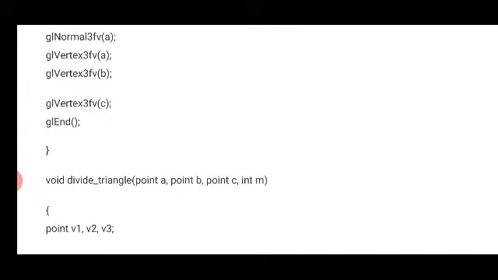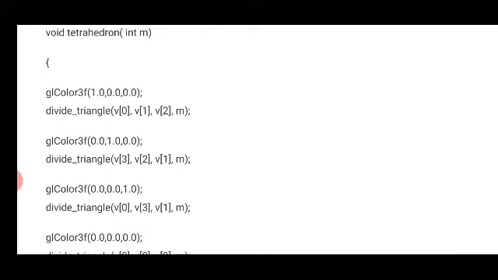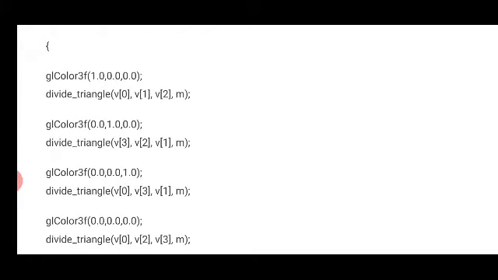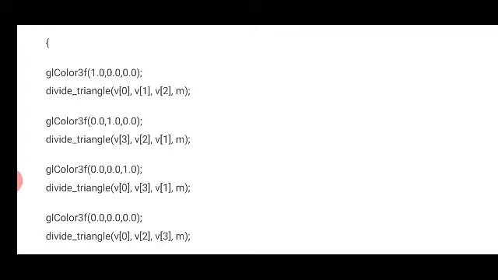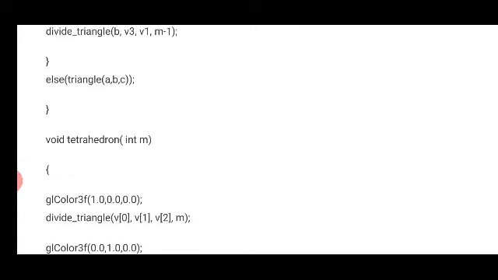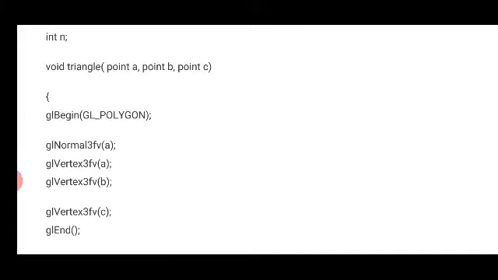After drawing a triangle, we can form a tetrahedron. Just simply connect 4 different triangles to form a tetrahedron. So we need to create 4 different triangles, and those 4 triangles are connected to form a tetrahedron.